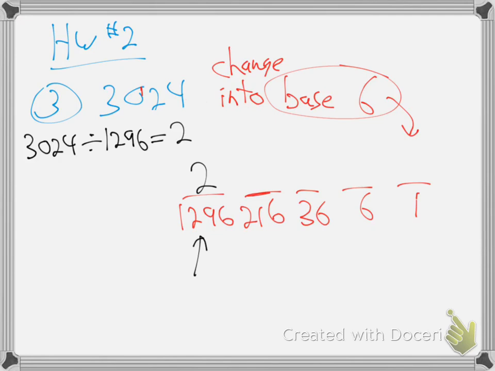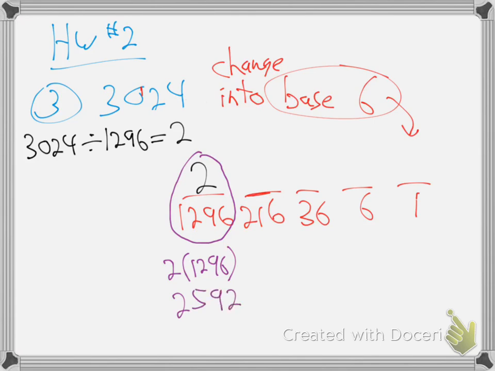All right. And then, what do I do? How do I do my next step? Or finishing this step? Yeah, got to multiply 2 times 1296. Got to find out what that is. So 2 1296s is, I don't know, what is it, 2592? Okay. And then what do I do? So because that's 2 in the 1296's place, isn't it? So that means it's 2 1296s, which is